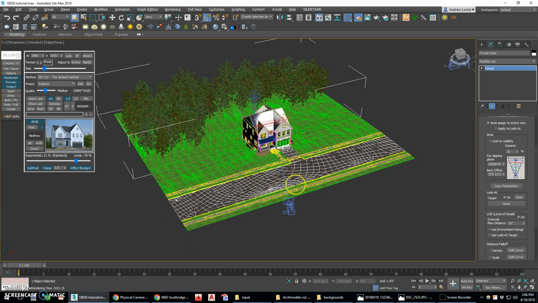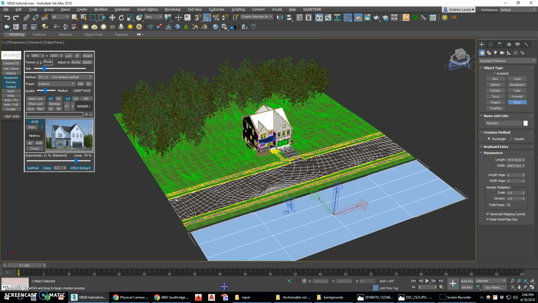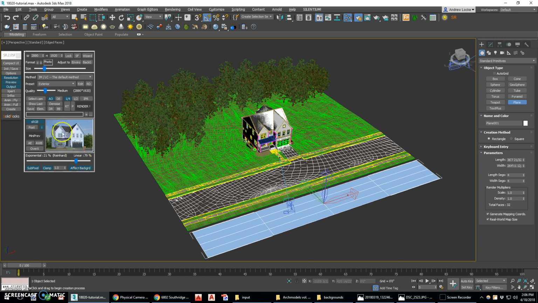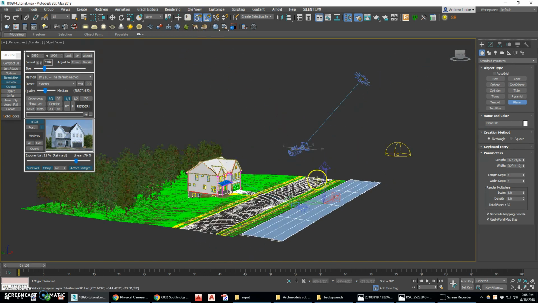The other thing I want to do is add some trees across the street. So I'm going to go ahead, I need some surface for them to sit on. So I'm going to create a plane across the street. And I only need this thing to be a tree or two wide, just so I get some trees in the reflection, but not a solid forest line. So I think that should be the right size. I'm going to move it down